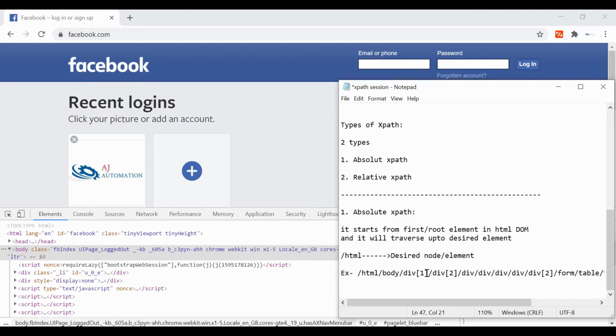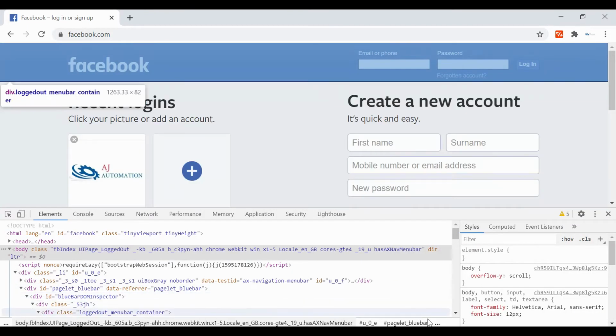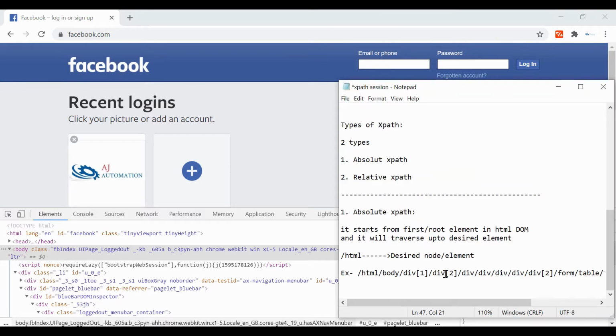We will see in detail how we use this indexing. As of now, just understand that giving a number in square brackets means we need to go to the first div. After body, if several divs are displayed, then by showing this one index, you need to go to the first div. Then this div has two children, two divs.